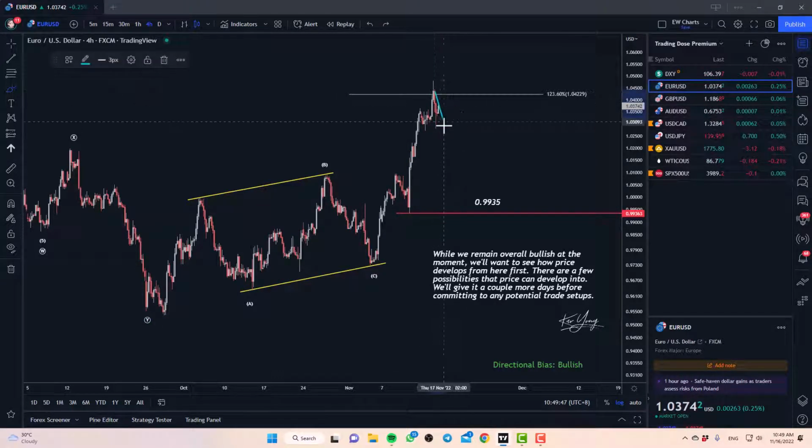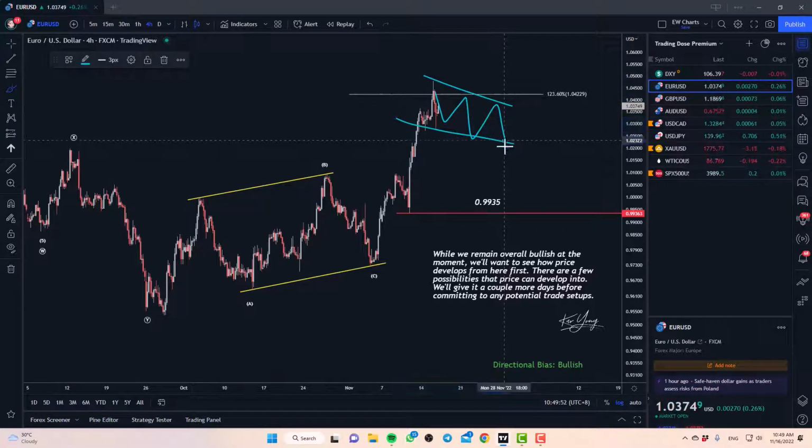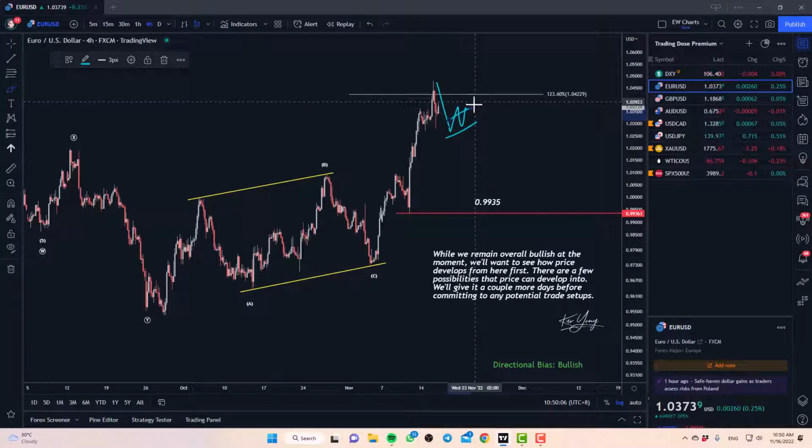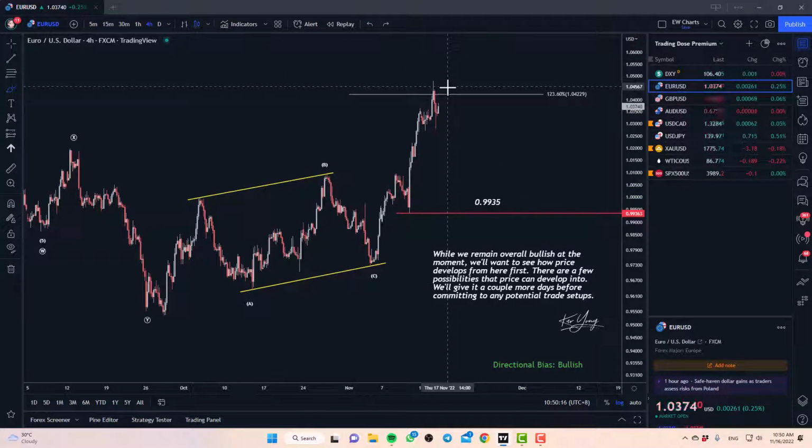If we can get a decent corrective pullback like that by the end of this week, then of course next week we'll carry on with our bullish momentum and bias to the upside, and we'll have a buy opportunity. Alternatively, if we see a strong rejection lower and a tiny bit of consolidation by the end of this week, then next week we'll look for a short-term sell first. That's why I say right now it's best to maintain a neutral perspective and see how the market develops first. We need more signs from here.